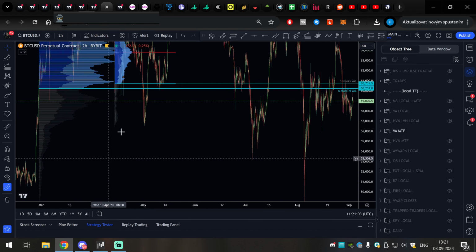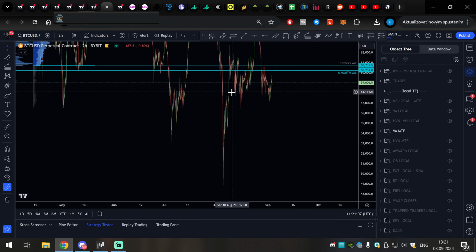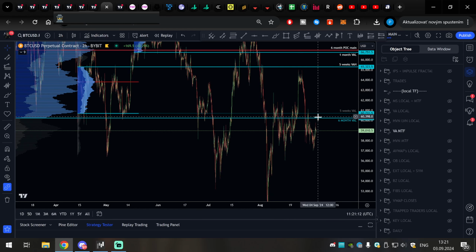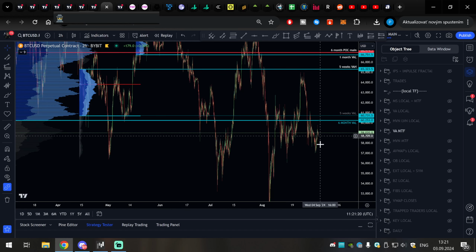And you still have very low volumes here, so the market might still look to fill some volume gaps in here. So while you trade a bit below 6-month value, if you are also in short here, because I'm holding some short from here as well, and remaining size from here, then